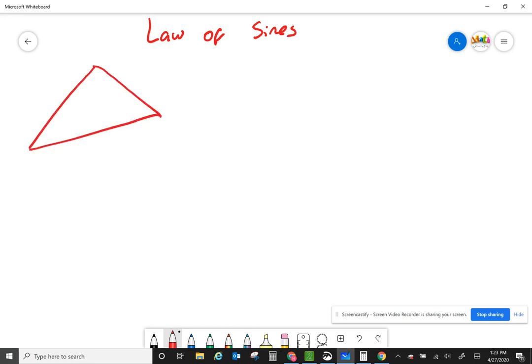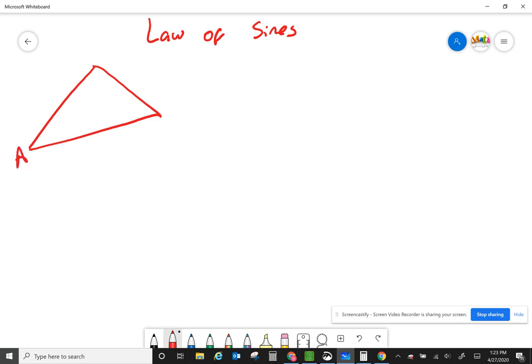All right, so for today, we're going to learn a couple of rules. The first one we're going to call the law of sines. So, law of sines. Given a triangle, any type of triangle, it doesn't have to be a right triangle, any type of triangle,